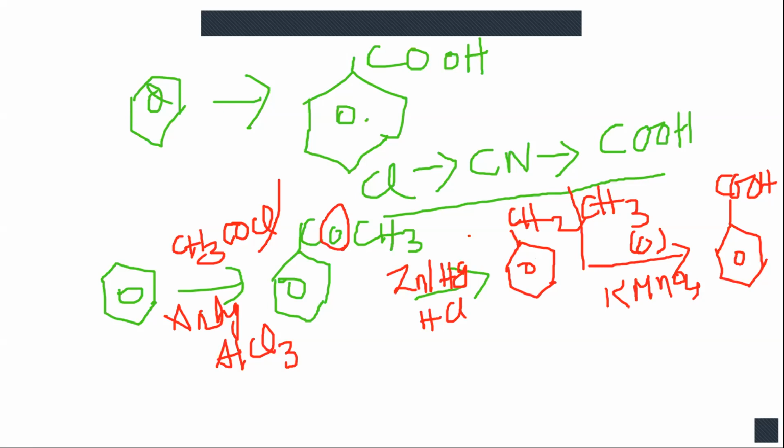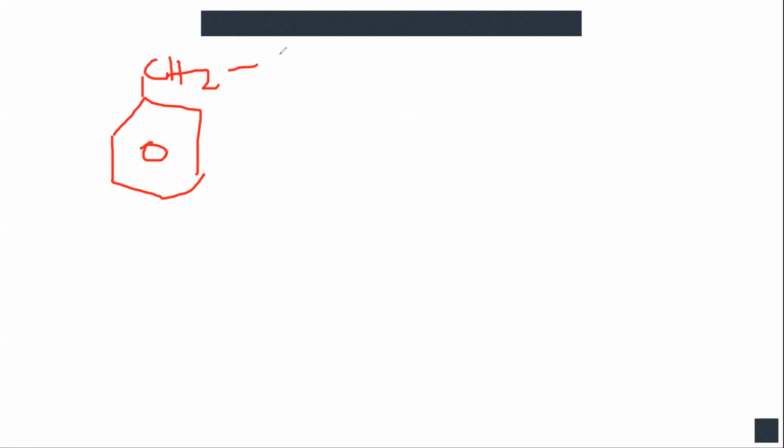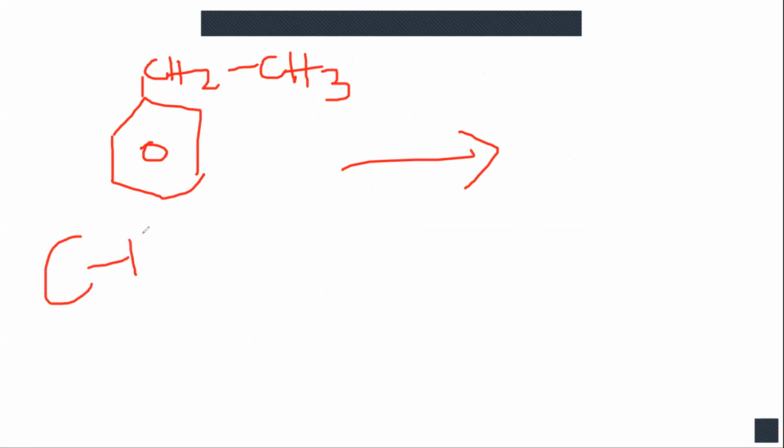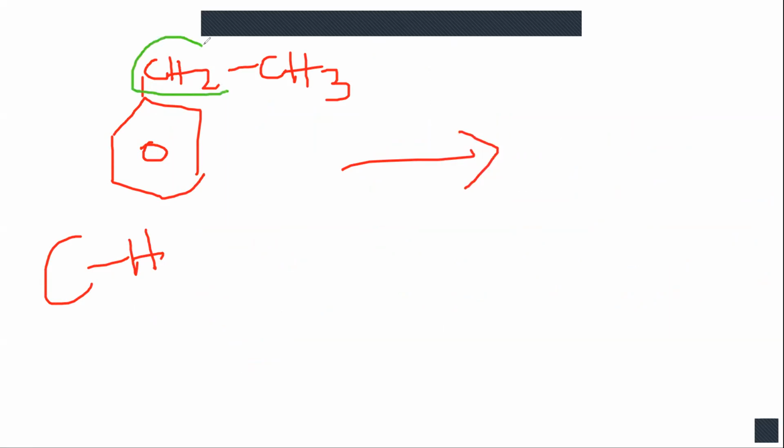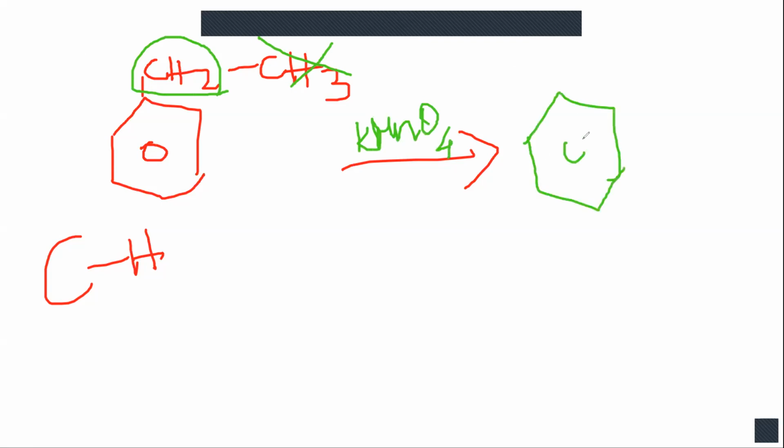Here is one important thing to remember in conversions in benzene. To use KMnO4, you are taking ethyl benzene. For KMnO4 oxidation, one important condition is there. A CH bond on the benzene ring: one carbon and hydrogen must be connected. That is the main condition for KMnO4 oxidation. Here you have C and H. That's all that is needed. The CH3 and the rest are not at all needed for KMnO4 oxidation. So the remaining side chain carbon atoms will be removed, so that this carbon alone gets oxidized to benzoic acid. One more example we will take.